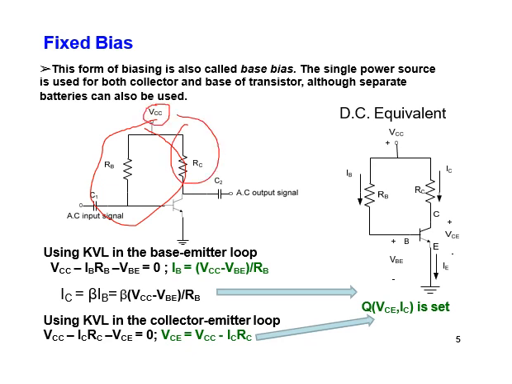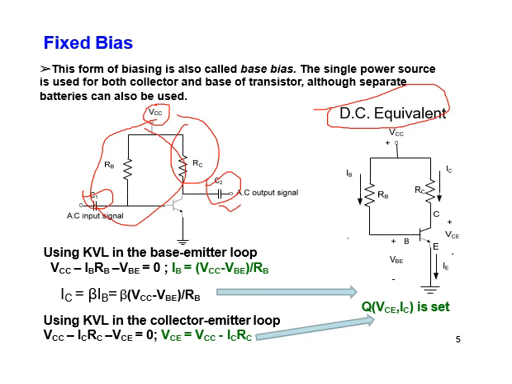Here you can see that this base side and this collector side both are biased using the single voltage source VCC. Here these capacitors C1 and C2 are replaced by open circuit in this DC equivalent of this fixed bias circuit, because for DC input, this capacitor produces very high impedance, so that can be replaced by open circuit here.